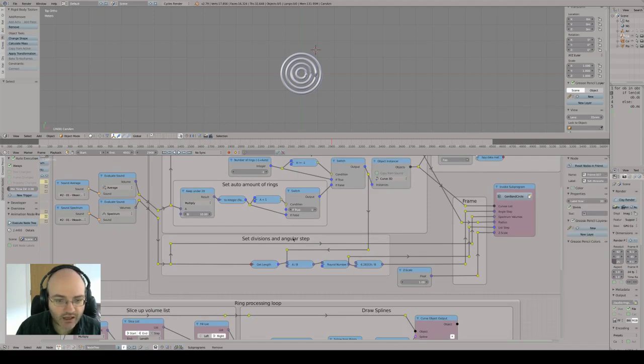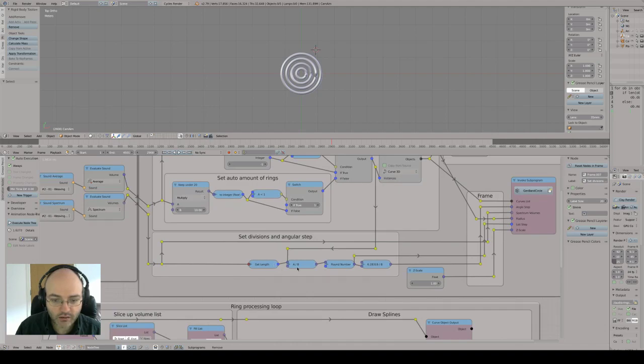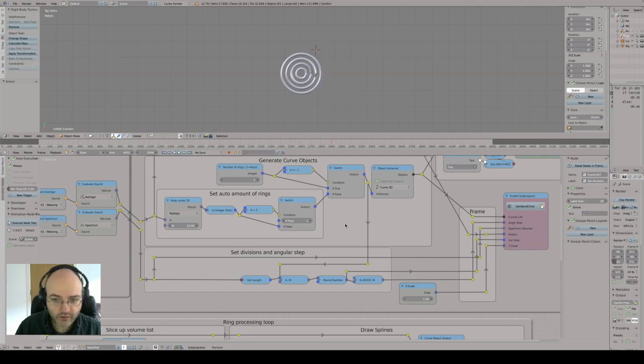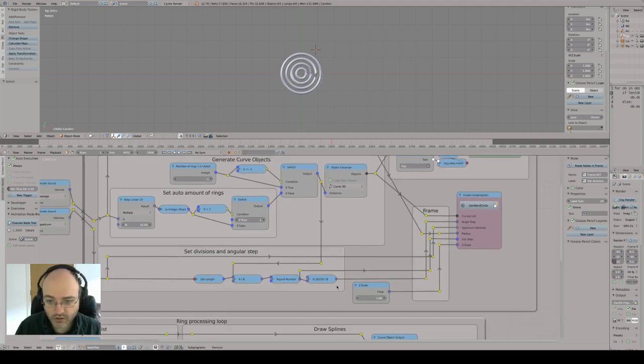And then down here, we just calculate a couple of numbers that we're going to need. While piping here we're getting all of the individual spectrum volumes, and we're seeing how many of them there are, and then dividing that by the number of rings, which is this line coming down here. So we're counting up how many rings we're going to create, the instances, sending that down here, and dividing that by the number of individual spectrum bands. Then we round that to an integer, and we send that off to the loop, and we also divide 2 pi